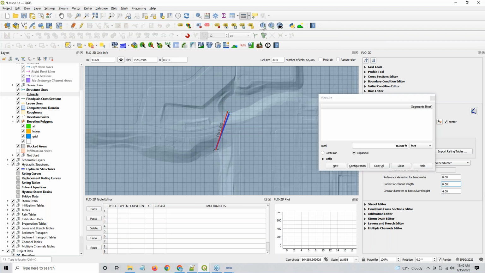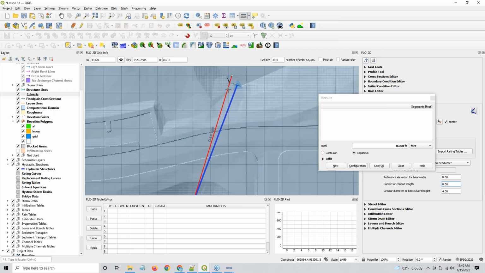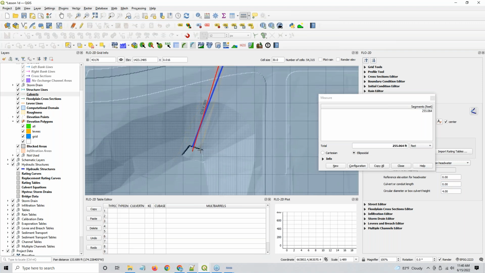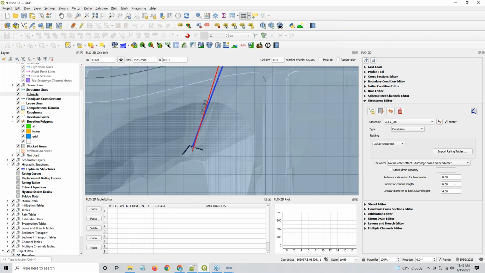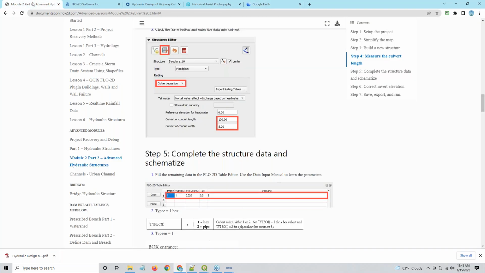So I'm using the measure tool that I got from right here. Make sure it's set to feet. And then you can zoom in on your map and pretty easily pick up the start of that culvert and the end of it. And you see that you have about 252 feet. So that can go into here as 252. And then the type of the culvert, I'm going to go back here to the tutorial,